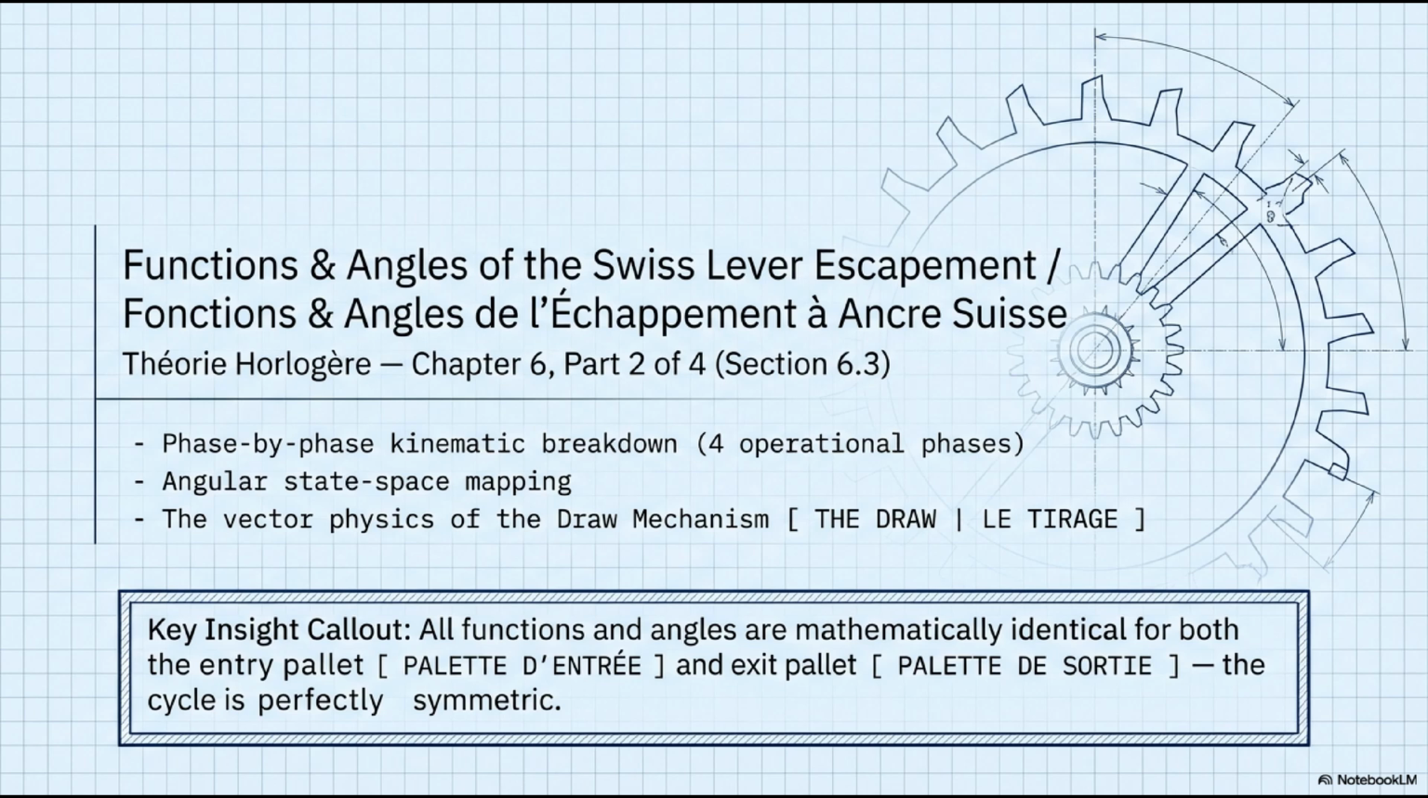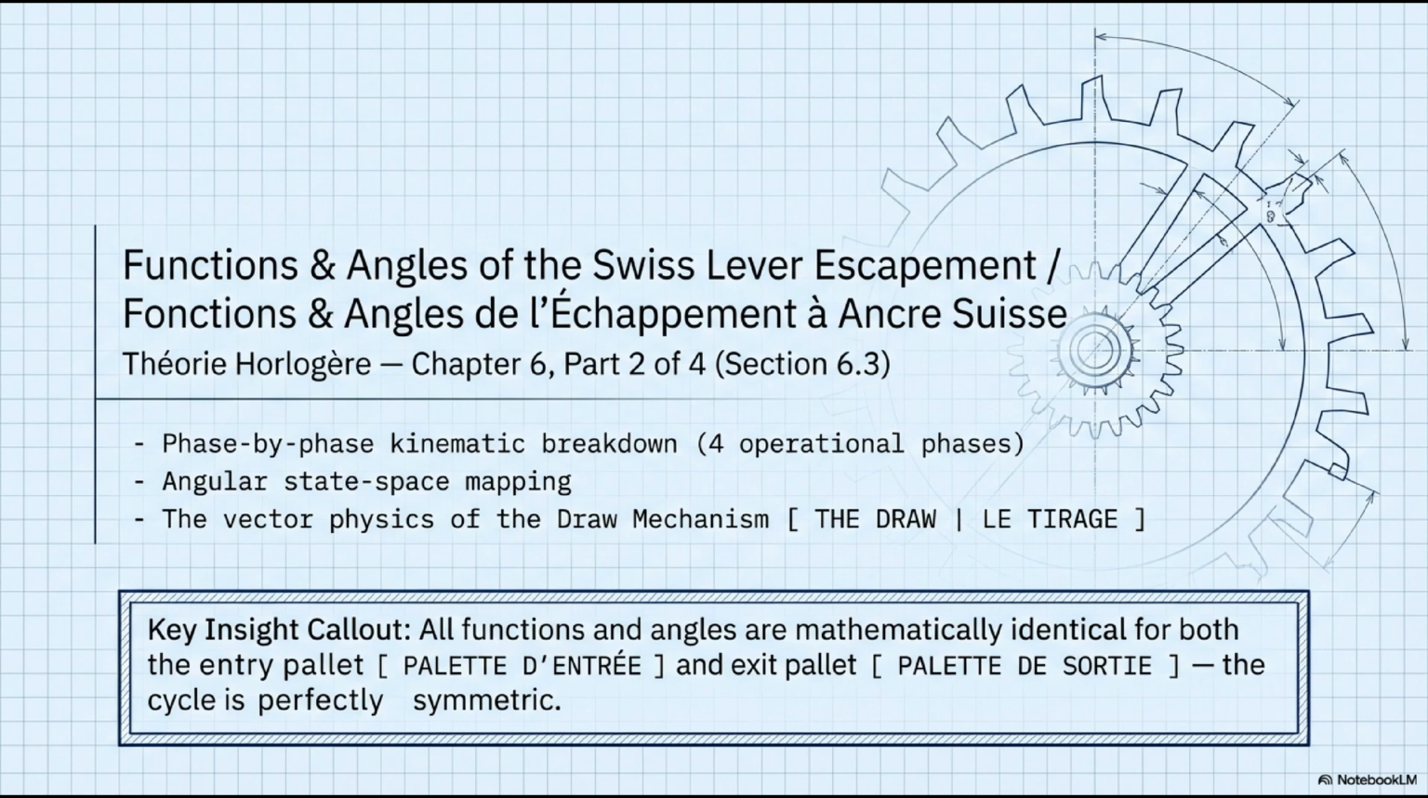First, a phase-by-phase kinematic breakdown of all 4 operational phases with complete angular quantification. Second, angular state-space mapping will define the complete coordinate system. That describes where the roller, fork, and wheel are at any moment during the cycle. Third, the vector physics of the draw mechanism, le tirage, which we've introduced conceptually and will now analyze in full